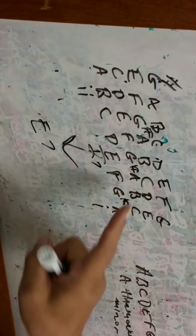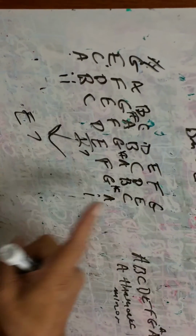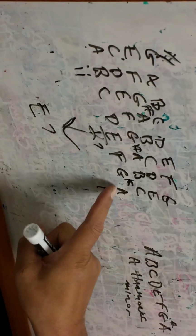The fifth degree is an E7. The sixth degree is an F major 7. And the seventh degree is a G sharp diminished, G sharp diminished 7 full on. And the A basically is this one here, A minor with a